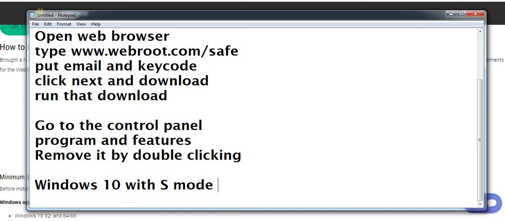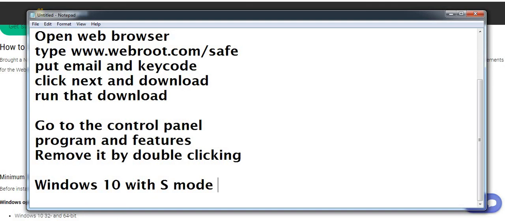So what you need to do is go out of S mode, because S mode won't allow you to download any third party software on the computer. If you want to install anything other than Microsoft and its affiliates' software, then it won't download.